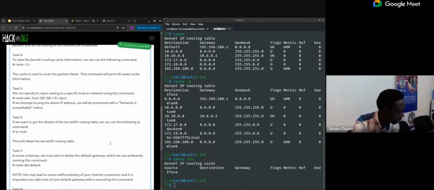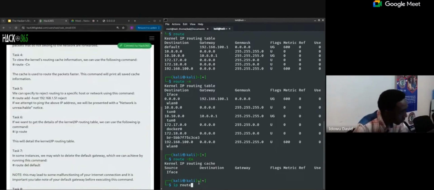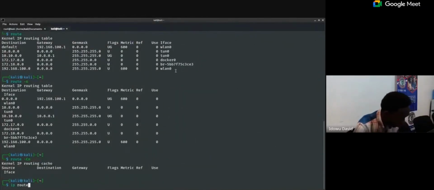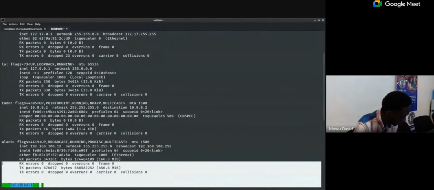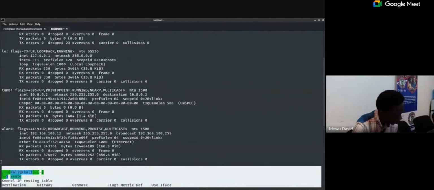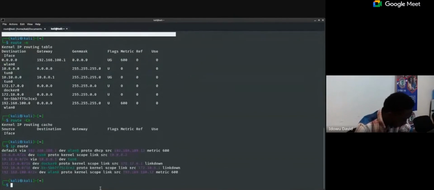So if we want to get the details of our IP routing table, we can use the following: ip route. So what ip route does, ip route gives you a holistic representation of what happens up here. What I mean is this. So now, this is more self-explanatory. Why? Now, it tells you,